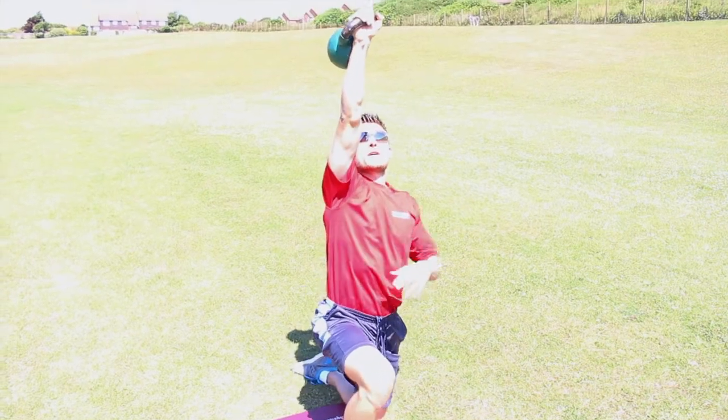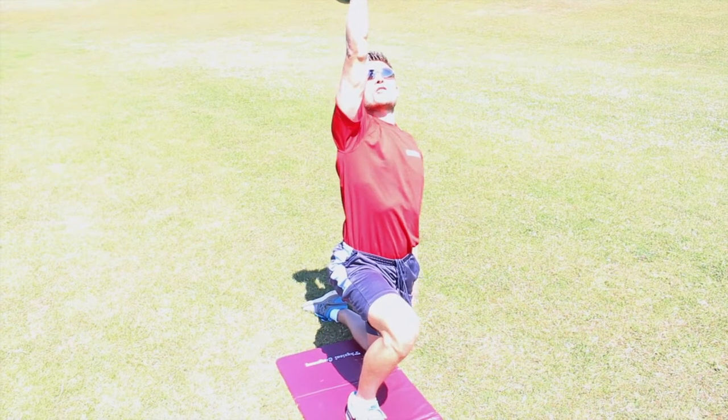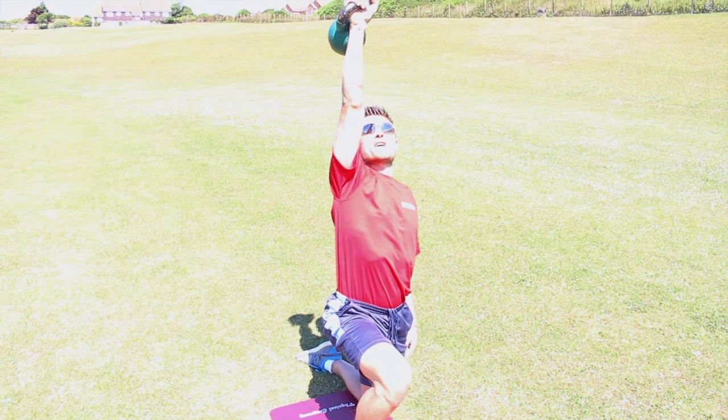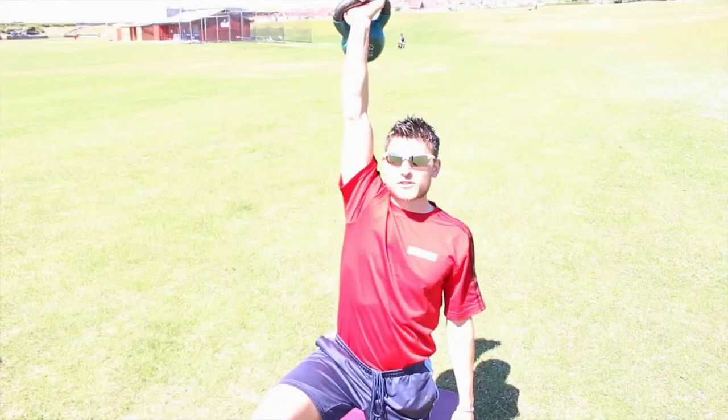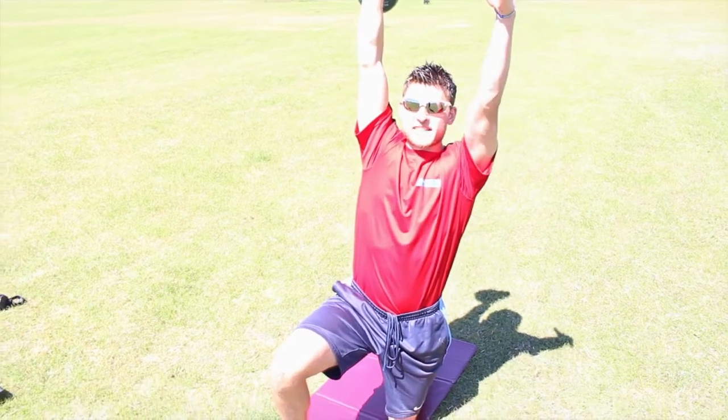Nice tight core. Front foot facing forward. Back knee, you've got the right angle. Front leg, right angle at the knee joint, ready to go into the third part of the Turkish get-up. So, the third part of the Turkish get-up, you're going to be going from the kneeling position up to standing,